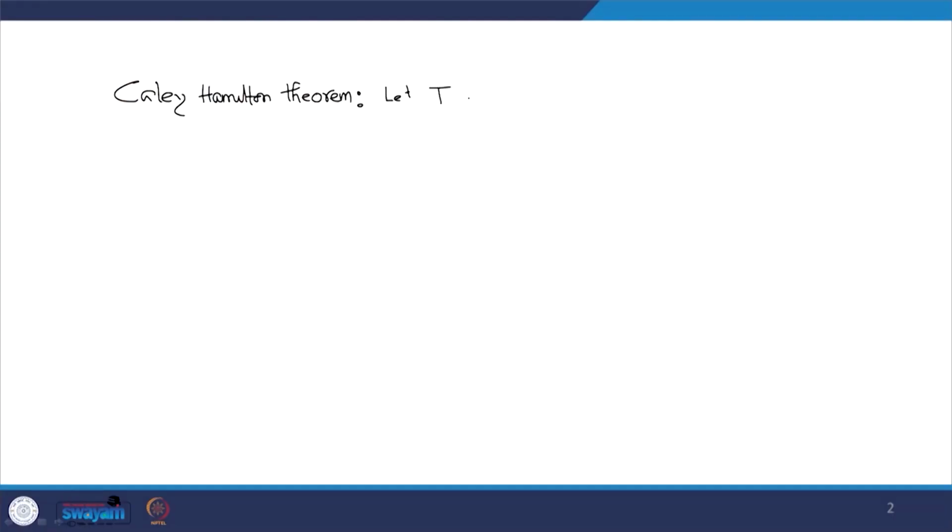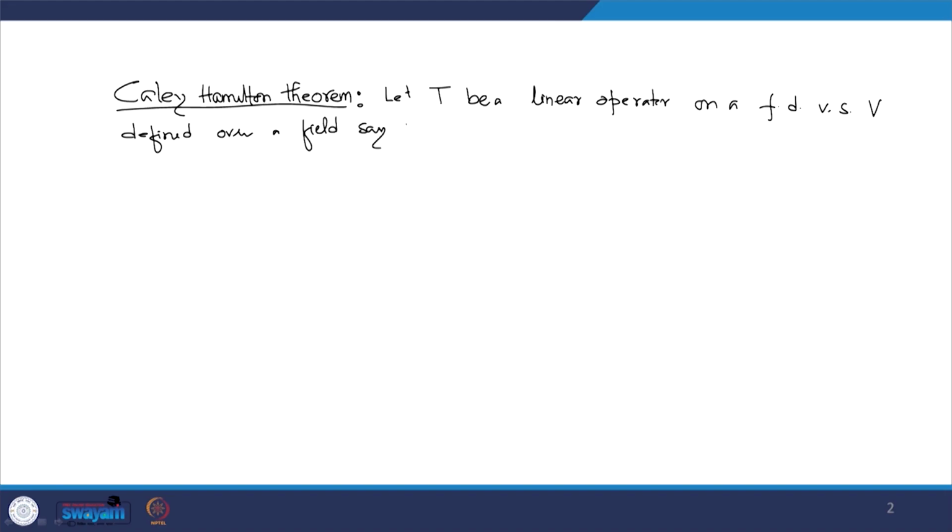Let T be a linear operator on a finite dimensional vector space V, which is defined over a field, say capital F. Similarly, I can also say: let A be an n cross n matrix over a field capital F. Let